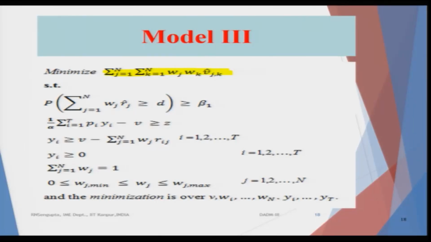In the initial case, if there is no probability, you would have the summation of the return of each and every stock combined together, that is, the return of the portfolio is greater than D. And if I want to put in a level of reliability, it will be that the probability of that summation being greater than or equal to D is greater than or equal to beta 1. So, beta 1 would be the level of confidence or level of reliability the person has in his or her investment portfolio, based on which he or she is trying to achieve a certain return.